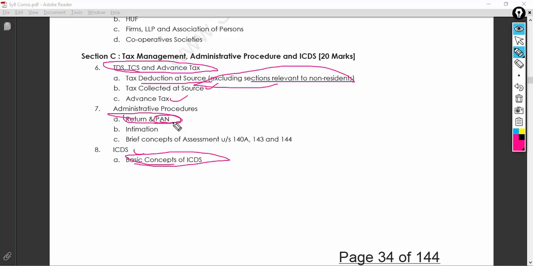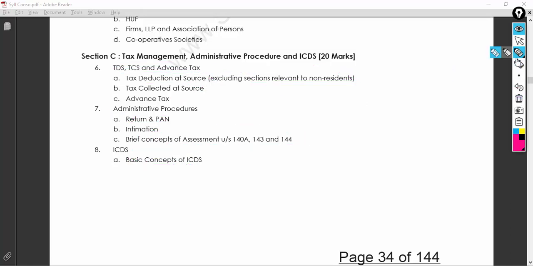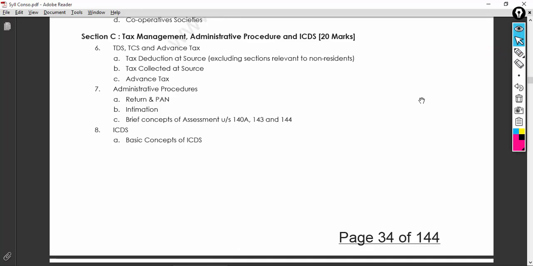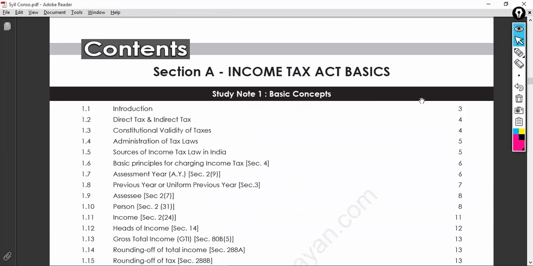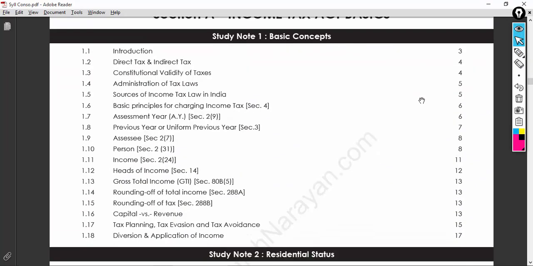And PAN card, what is a PAN card, what is the procedure to apply for a PAN card, all those basic things can be concentrated on. So intimation and a brief concept of assessment can be concentrated on if in case we are passionate about taxation. Okay, so these are the